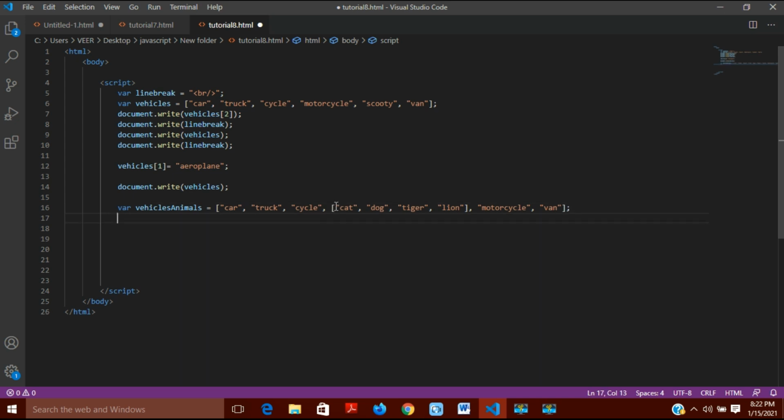And suppose I want to get access to this one only, so it is placed at, you can see 0, 1, 2 and third index. It is present at third index. So if I want to get access to it, then you can use the same way here, similarly as you have done here. So what I will do is I will print it as vehicles animals, and then I will put here, you can see 0, 1, 2, 3, it is at third place. So you can get access to it, but I want to show you the result, what I am getting access to. So I will have to write here document.write,